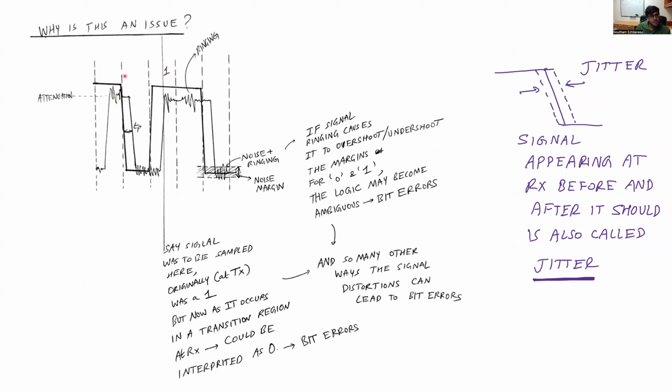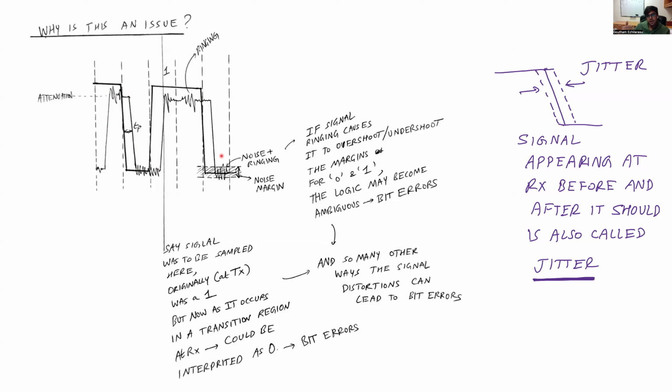One is the signal gets more noisy as it goes from the transmitter to receiver. The signal is also shifted in time because of the so-called propagation delay, because it takes some finite time for the signal to go from the transmitter to the receiver because of the finite speed of light in the transmission line. And also, if you notice, the maximum amplitude of the signal is reduced at the receiver side compared to the transmitter side because the signal gets attenuated as it travels